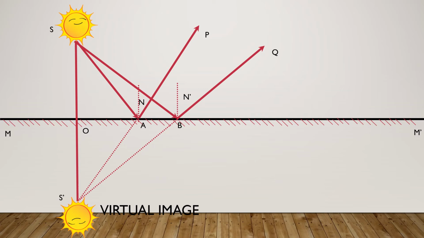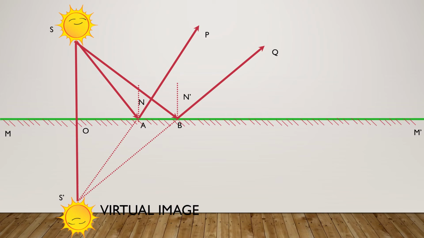For that, take a source. We have a source S here. Now we are taking this before a plane mirror. Let us write the name of the plane mirror as M dash. And on the sheet of paper, draw any two rays, like I have drawn here SA and SB, from the source onto the plane mirror, because the light is going to fall from the source onto the plane mirror.